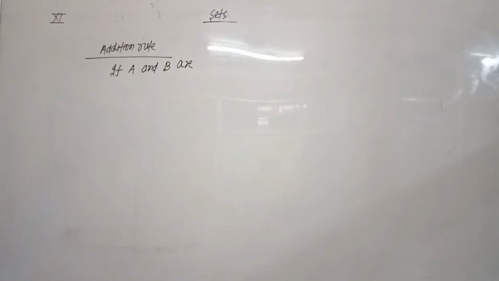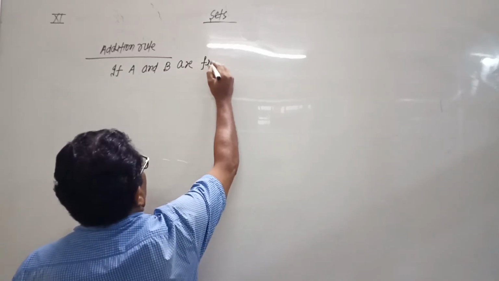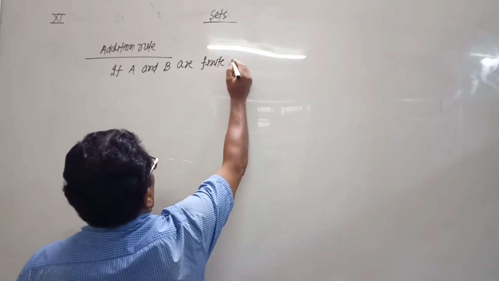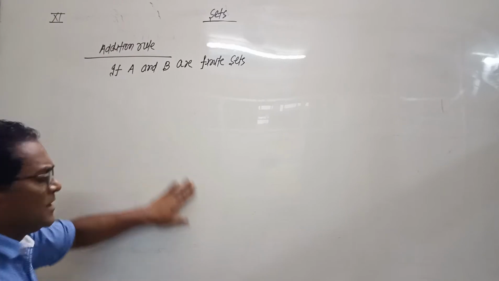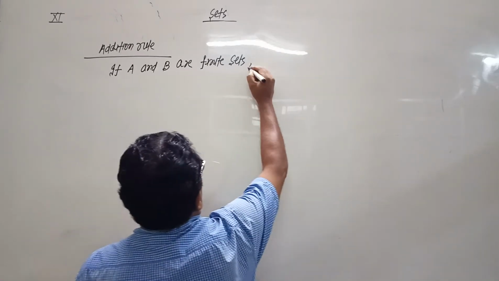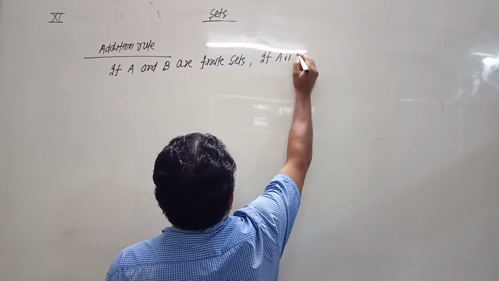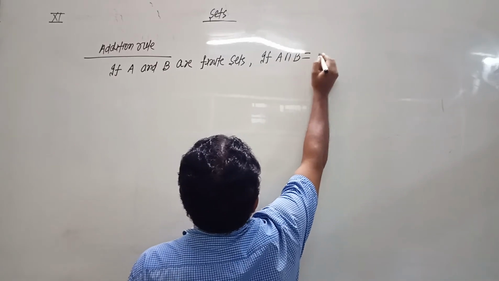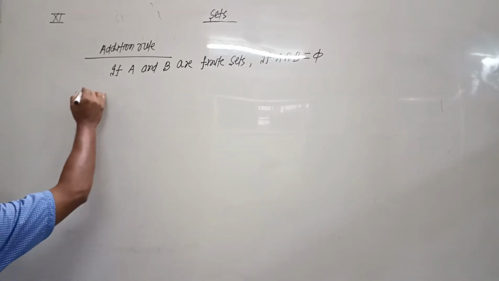If A and B are finite sets, and if A intersection B equals phi, null set, then